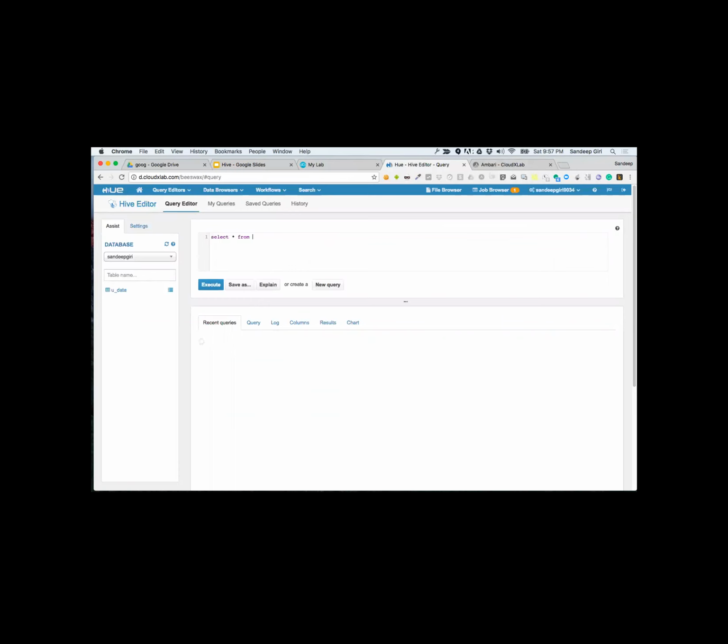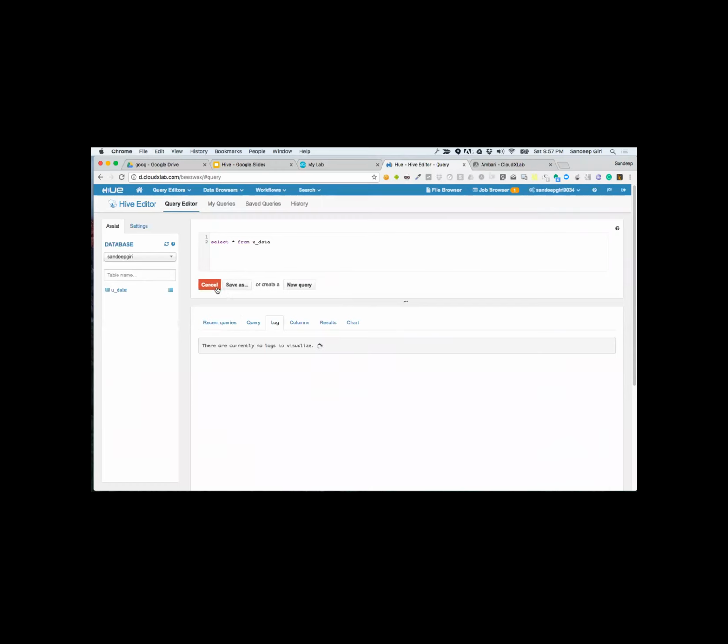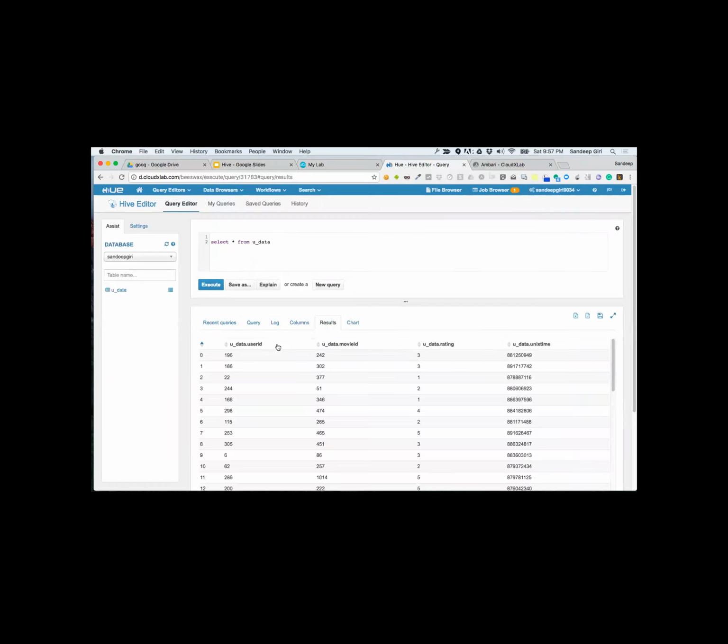Select star from u underscore data. Okay, so this is running fine.